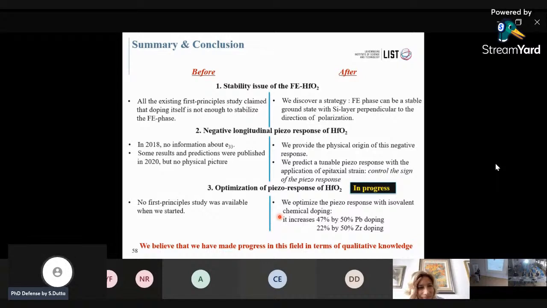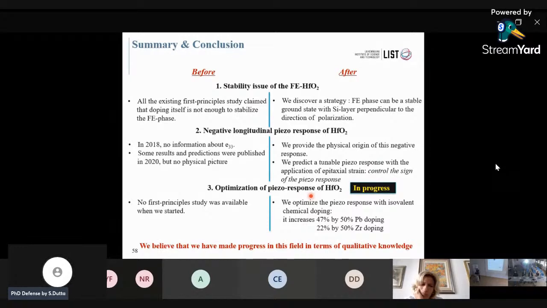On the other hand, the negative longitudinal piezoelectric response. When we started, there was no report about it, but after that, a few results have been published. But we should understand the physical picture. Here we have provided the physical origin of this negative response, and it also predicted that it is differently related to strain. And we have also made some effort to optimize the piezoelectric response, although it did not qualitatively